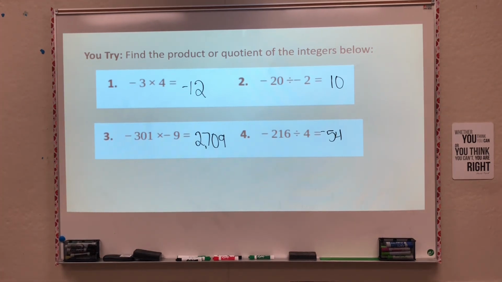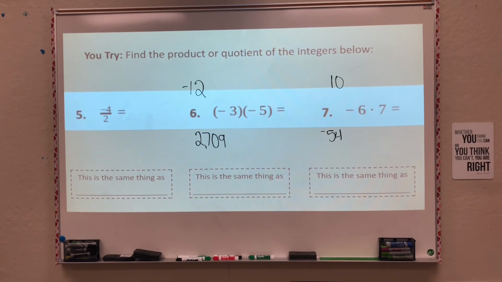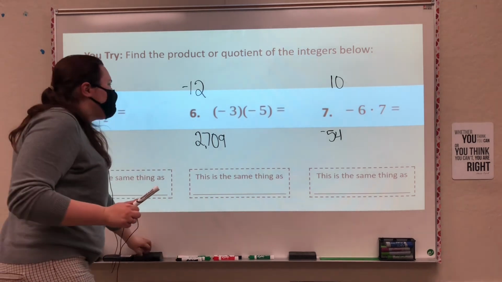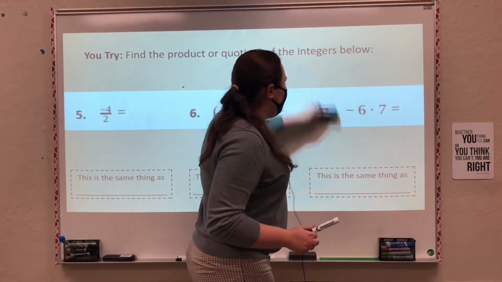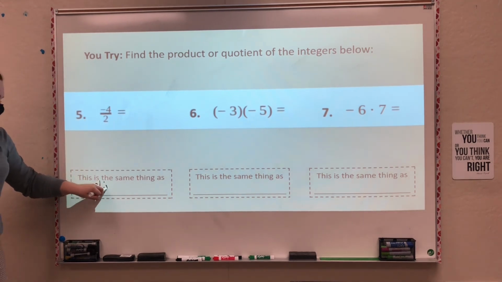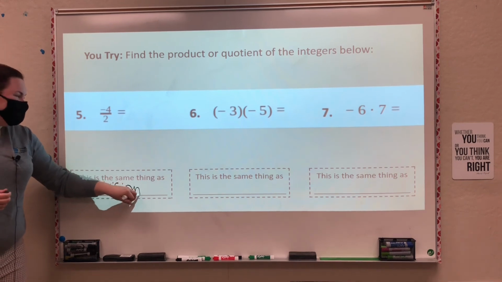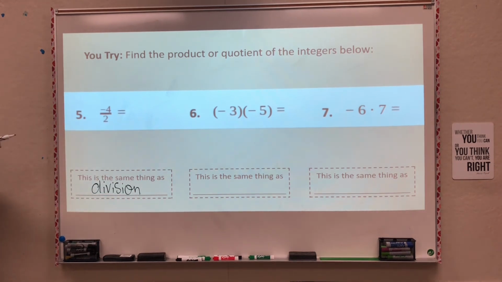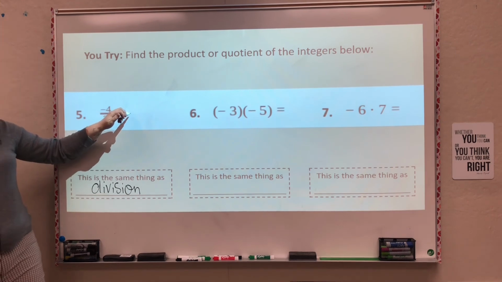I am going to do these last 3 all together, I think. For these, it's still related to multiplication and division, but I've changed the way I've written them. You guys have seen problems like this before, but the further along we get in pre-algebra, the less and less you're going to see that multiplication and division sign, the more you're going to see these 3. This first one here, what does that mean? Is that a division? It is. That is the same as division, which means this says negative 4 divided by 2, which is going to equal